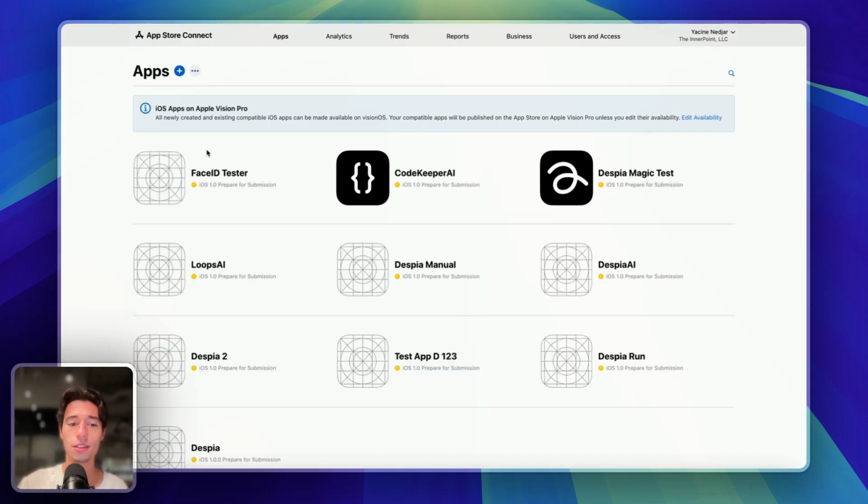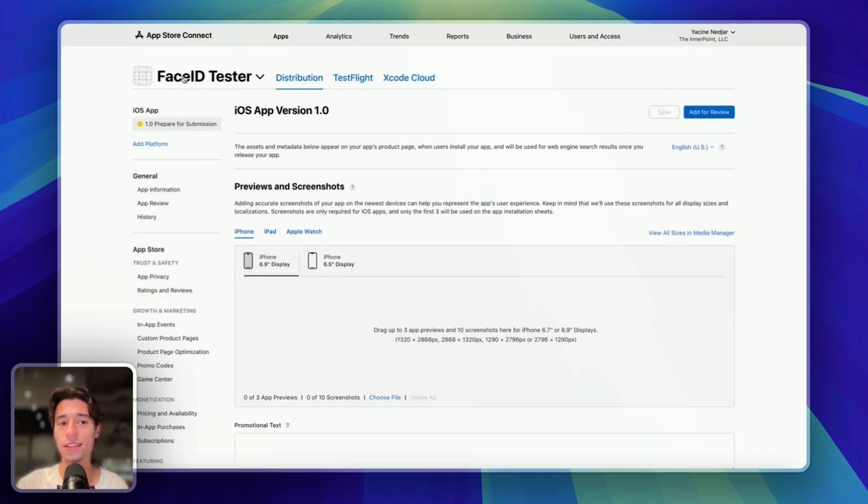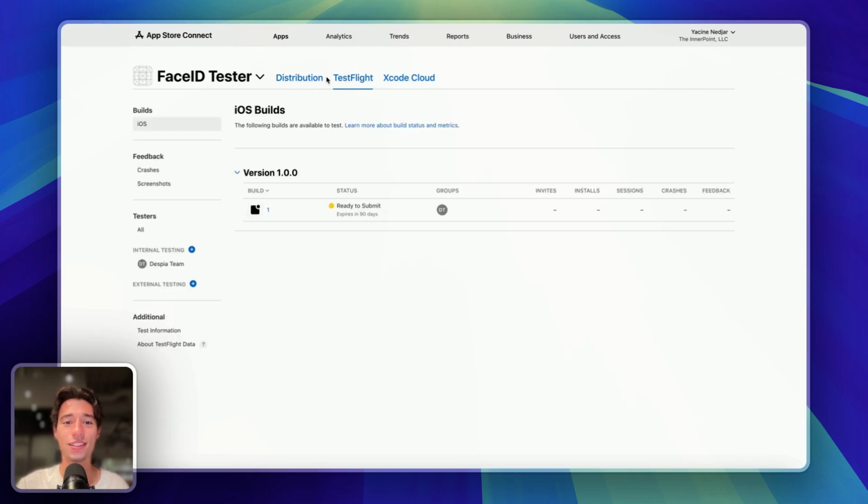You can always build something that is completely utilityless. For example, this Face ID tester app is probably not going to be approved by the App Store, because you open the app, it scans your face, and then it says, hey, that's not your face. Even though it is 2,000 files and uses Face ID, it will probably not be approved